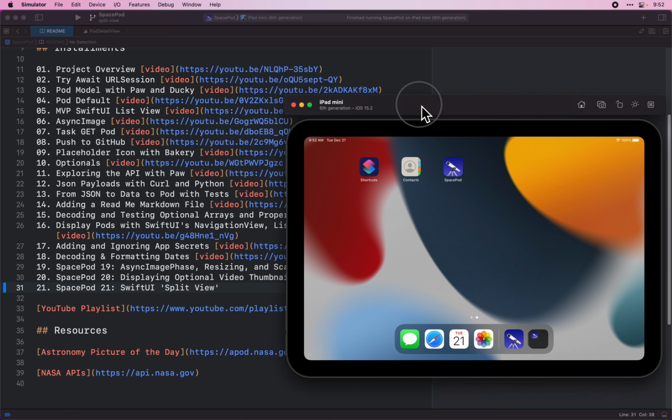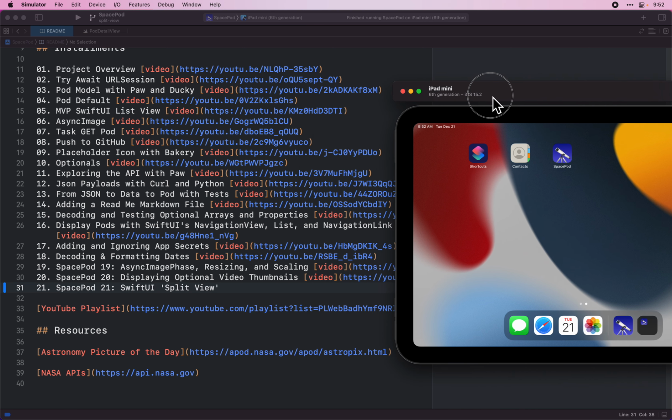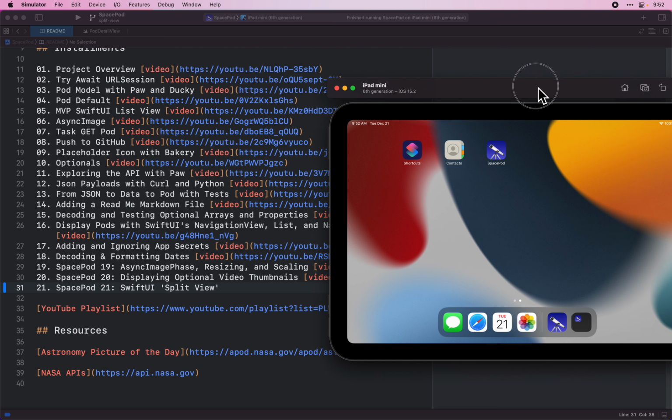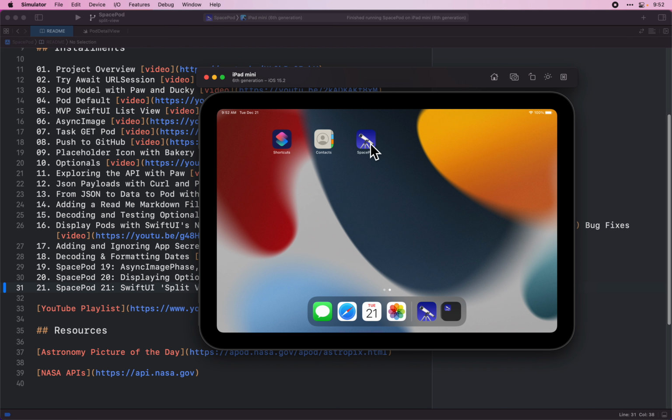So last time we fixed an issue where if it was a video, we weren't seeing any image. So we added the ability to show the thumbnail if there is one. Today I want to add a split view. I put it in quotes there. It's not really what we call it in SwiftUI, but